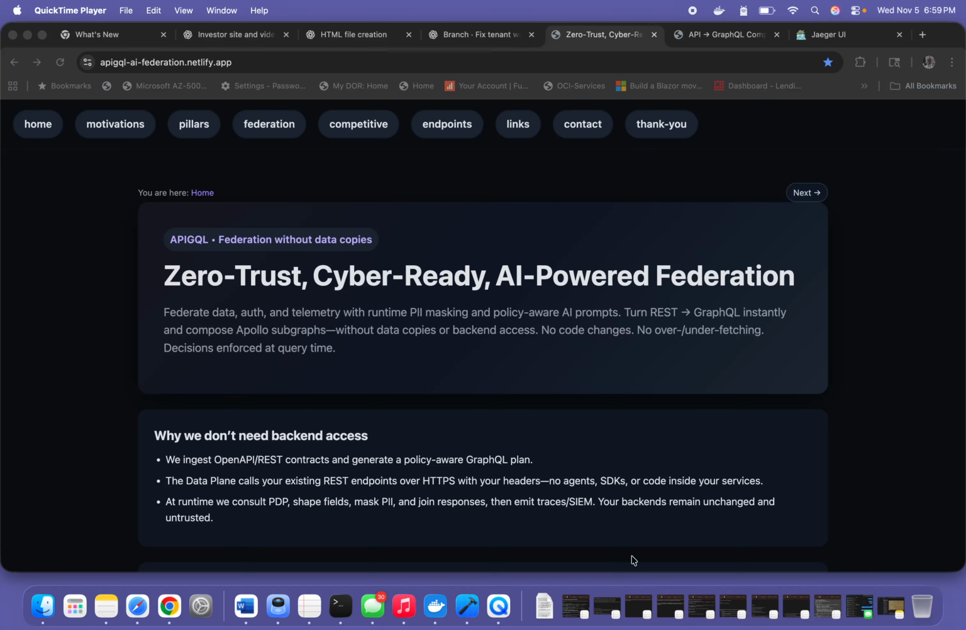Hi all, I just wanted to talk to you a little bit more about my SaaS-based product. It is called API GraphQL, and it's basically a zero trust, cyber ready, AI powered federation. So you get the federated data because we do support Apollo Federation. You have the federated authentication and telemetry with runtime PII masking and policy aware AI prompts. So basically, you can trust it to turn your REST APIs into GraphQL without overfetching or underfetching,